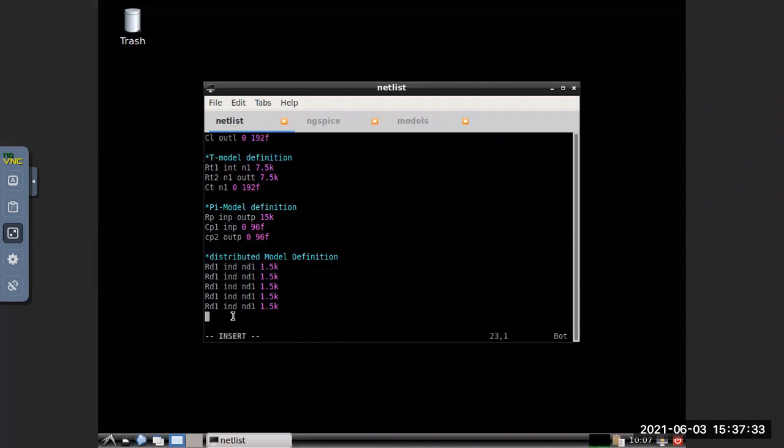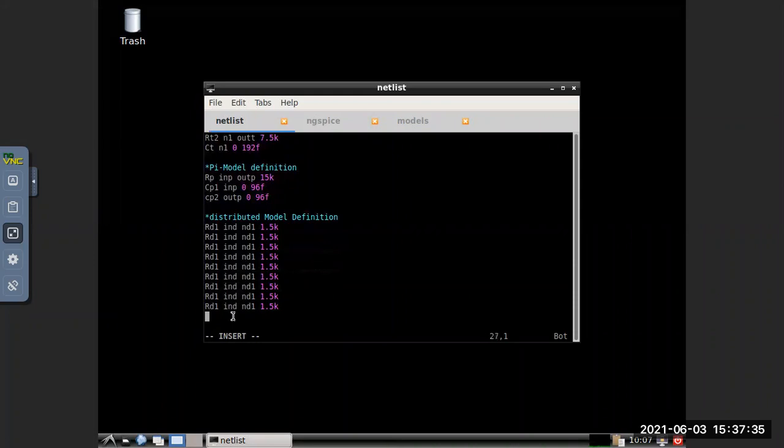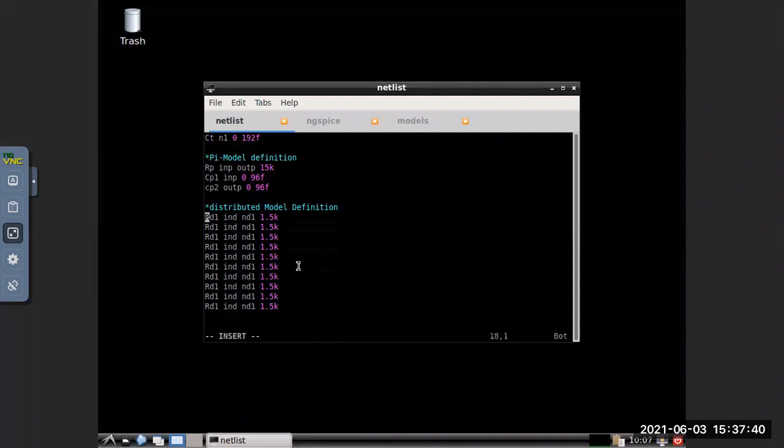Now we edit this. Add 2, then int 1, int 2. So this is RD3, so int 2, int 3.